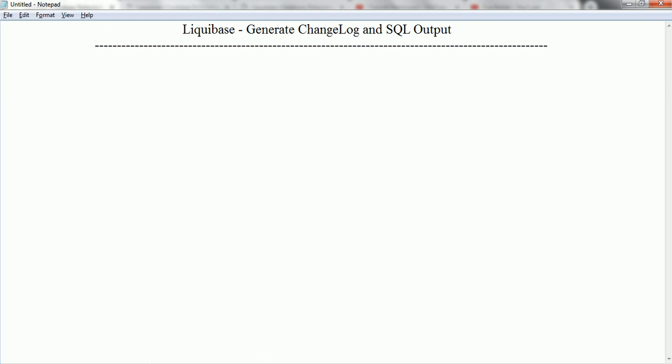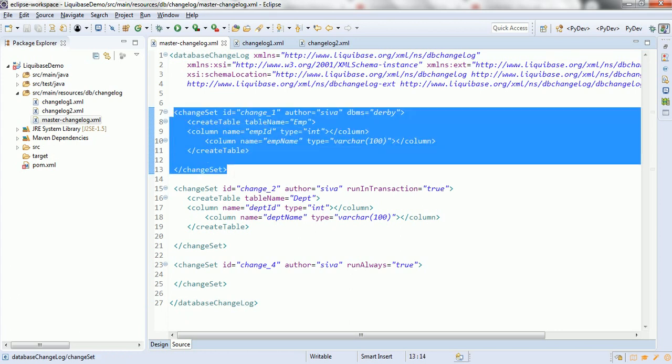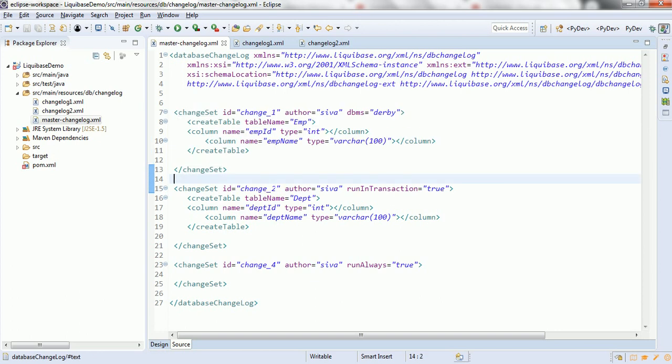The first one is, in normal use cases, whenever you use Liquibase for the first time for your project, you have to create the database changelog and define all the change sets as per your database design or model. But let us consider a scenario where you want to use Liquibase for an existing database. Then it is very difficult for you to generate the database changelog file. That is the reason the Liquibase tool itself provides a command to generate the database changelog